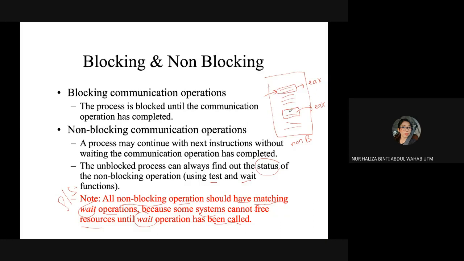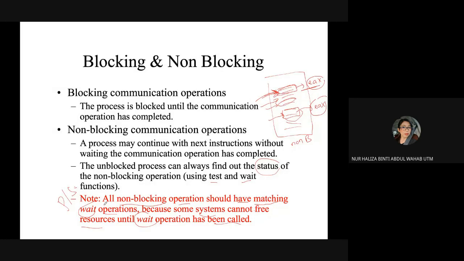And this instruction needs to wait for this specific instruction because you are using the same register. You need to wait until this line finishes first, then you can proceed to here. But this line you can always do in parallel; here can run in parallel with here, which is non-blocking.